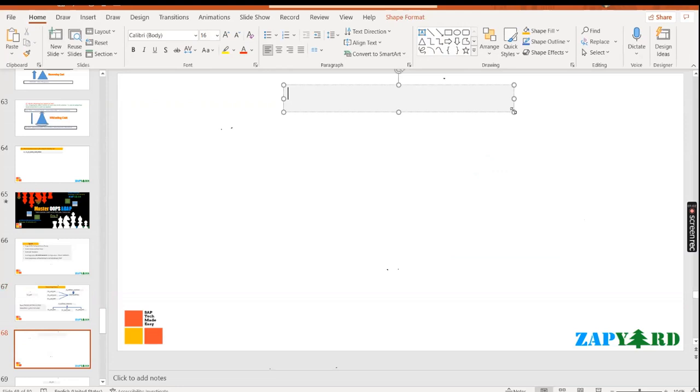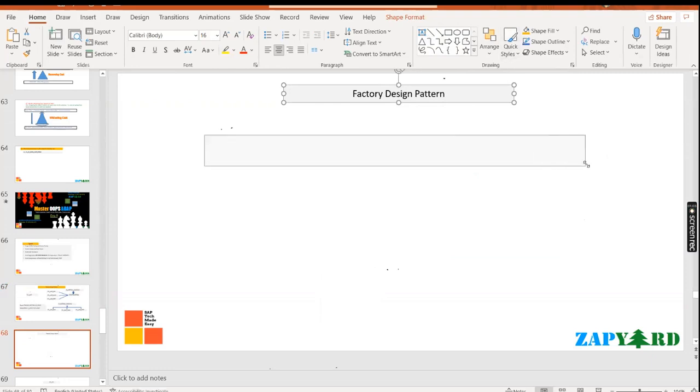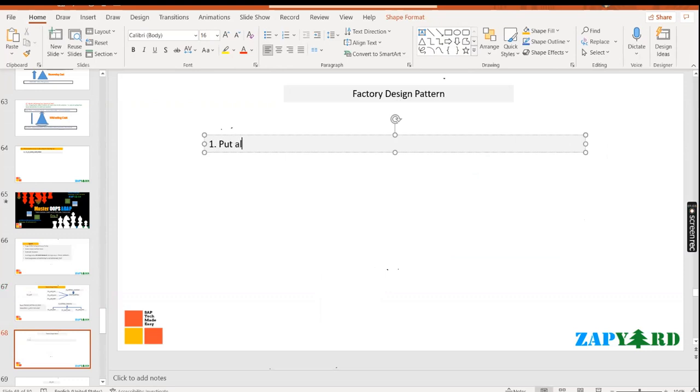So the factory design pattern is completed today itself. In the later classes we'll be covering some more design patterns like the singleton design pattern and all. So what is the first step? The first step is to put all the common methods in a single interface. The second point,